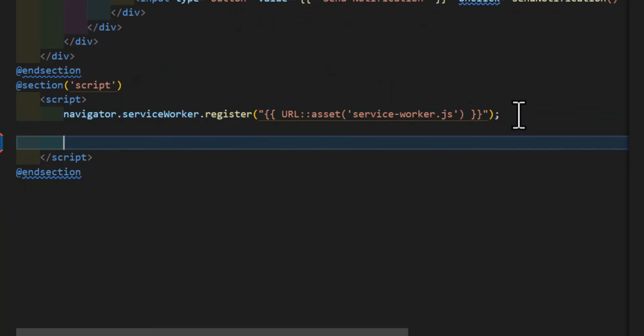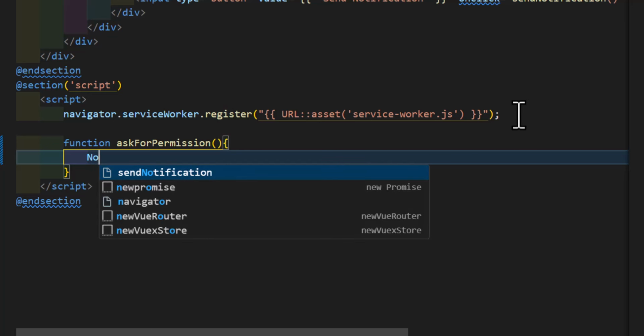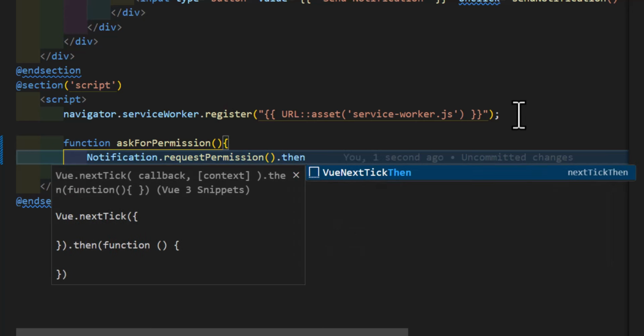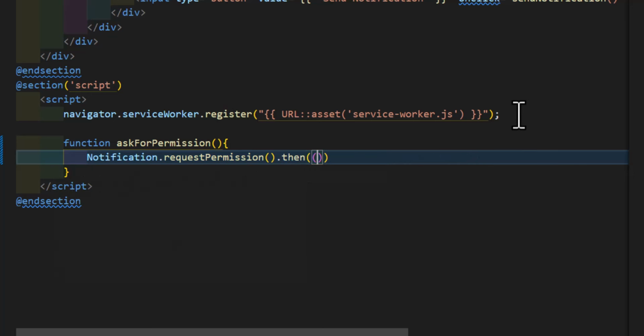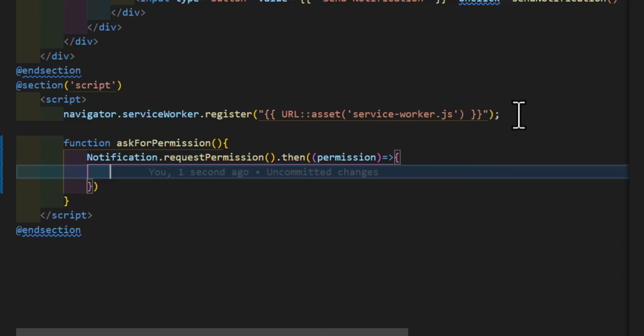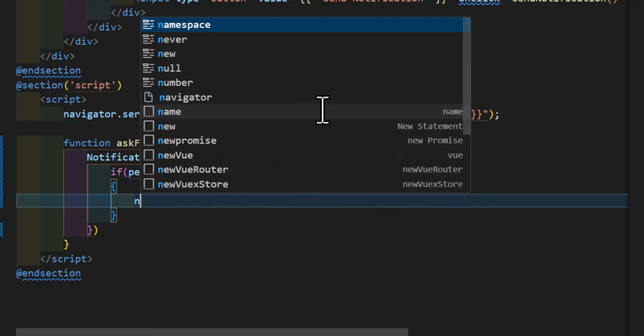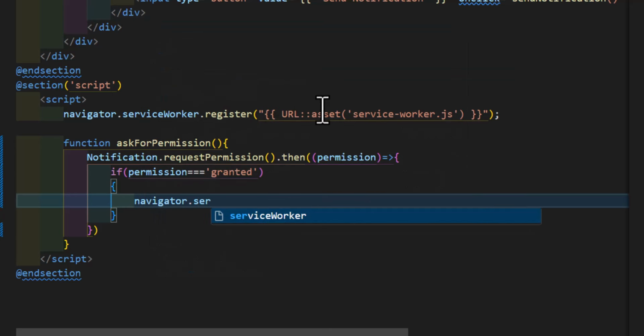So let's scroll down, and in here let's create a new function with the name of askPermission, and in here I will type Notification.requestPermission. Then I will create a callback function with the permission as a parameter. Now in here we have to check if the permission is granted. So let's type if permission is equal to granted. Then in that case, if the user allowed the notification, get the service worker. So for getting that, I will type navigator.serviceWorker.ready.then, a new callback function with the sw or service worker as a parameter,